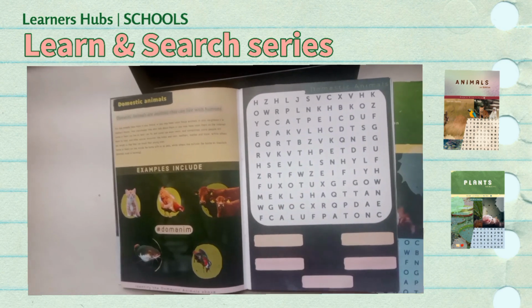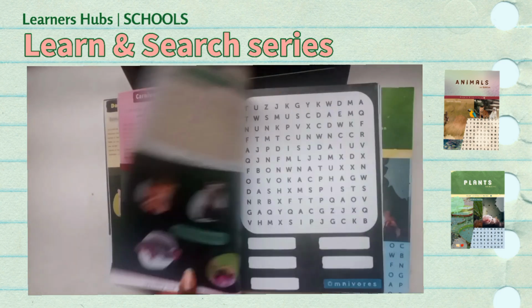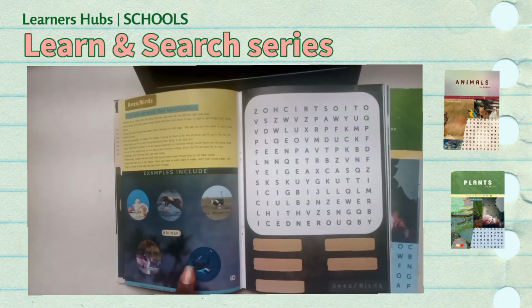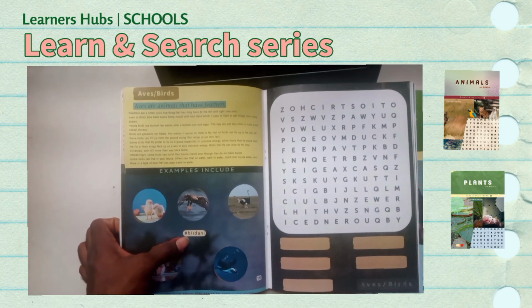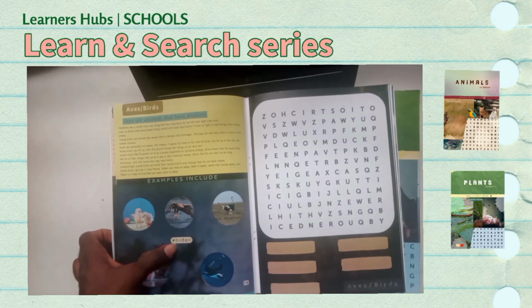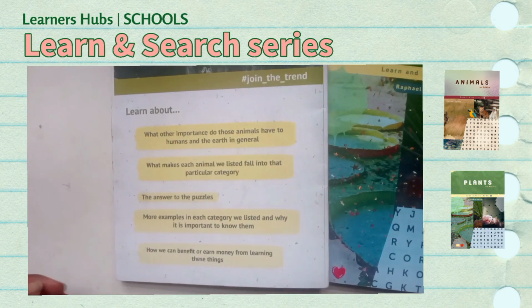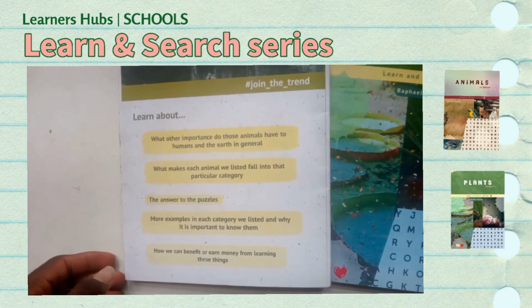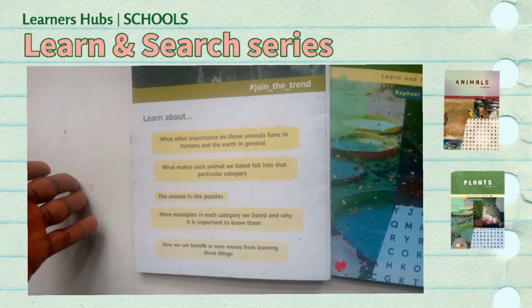Each of these topics, as you can see here, has a puzzle and the same format. Each of them also has a hashtag that you can use to upload the media you create from this book. At the back of the book, there are questions that you can use to create media for each particular topic. So for example, after we talk about domestic animals and answer the puzzle, you can comment to